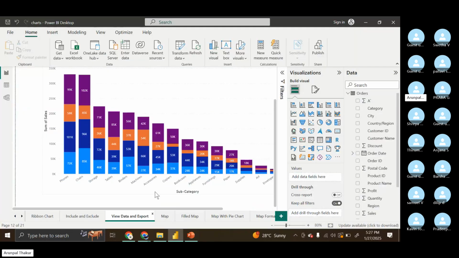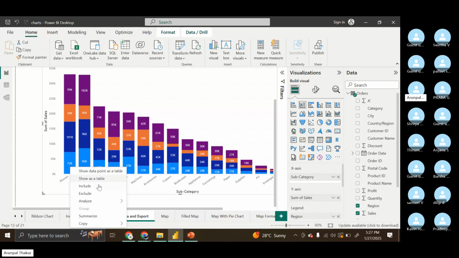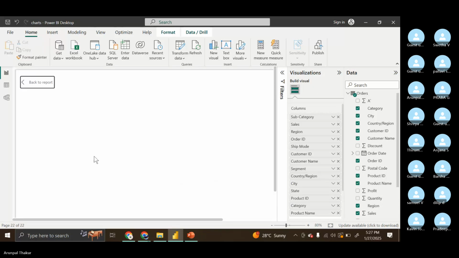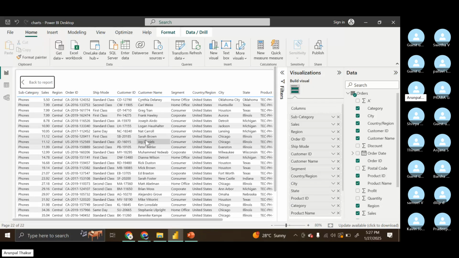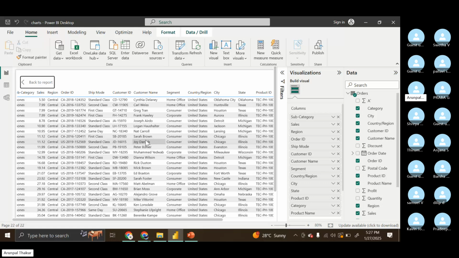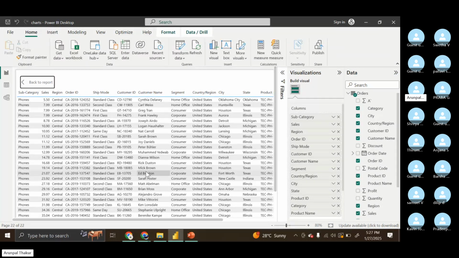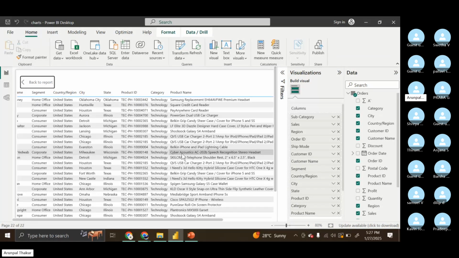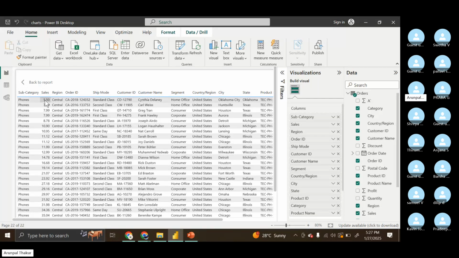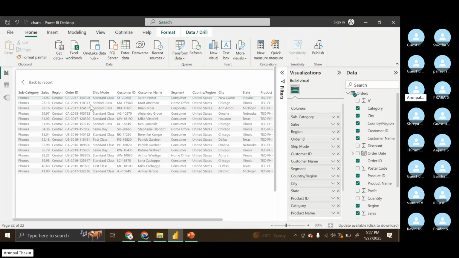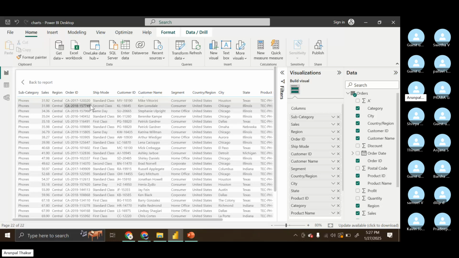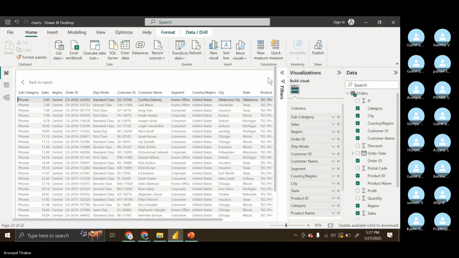Everyone able to make this sheet, right? Easily. So I can just right click on this much part of the data I want to see. I can right click and say this is my data. See, phones, region is central. I can just directly see the sales. Getting it, everyone? This is the data if I want to view it. I don't have to go in the Excel file, and if I want the output,